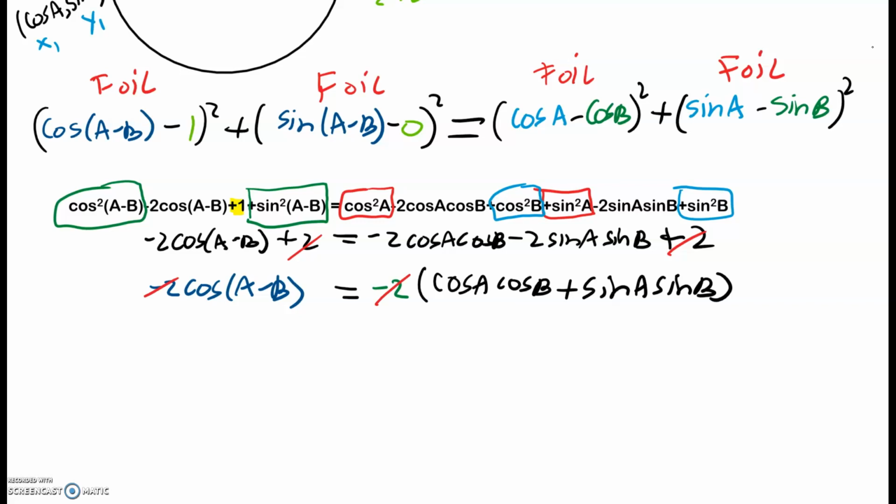Now I'm left with the cosine of A minus B is equal to